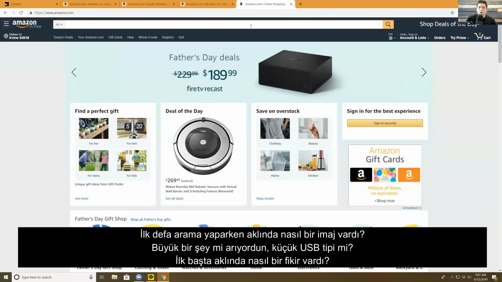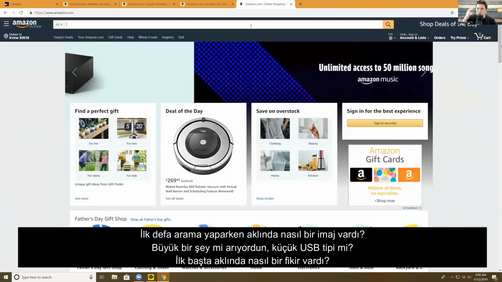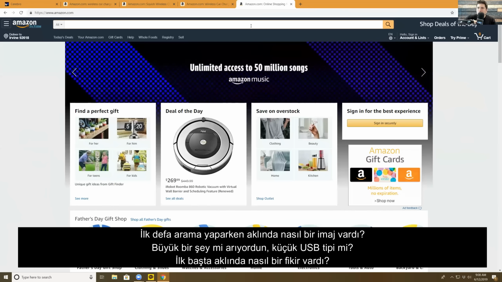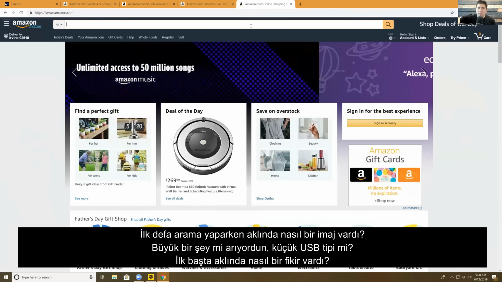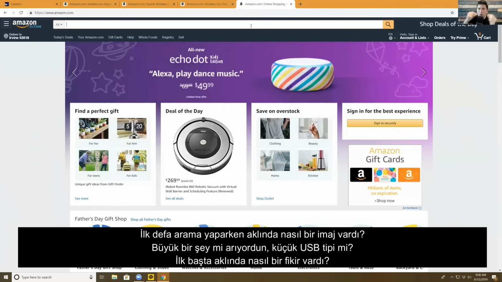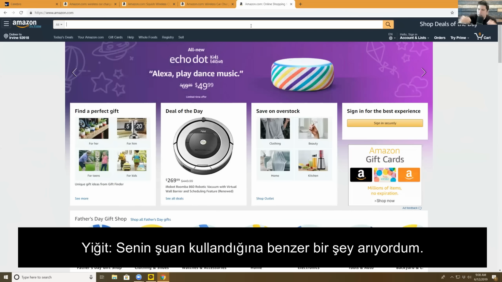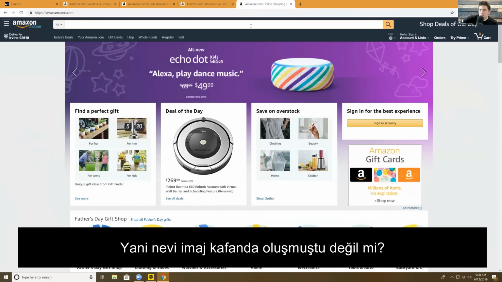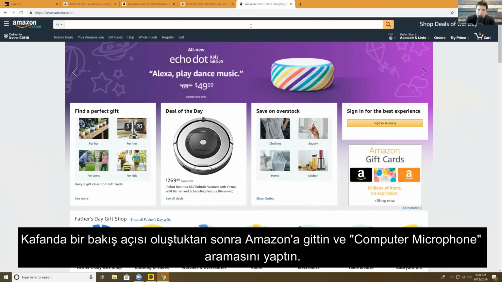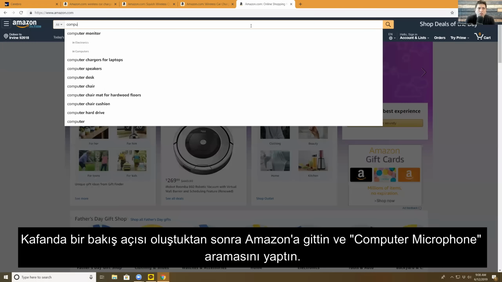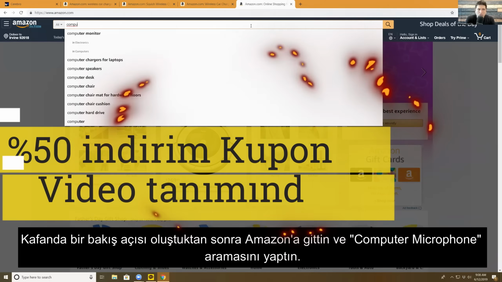Okay, so when you first thought that you needed a computer microphone, what image went into your head? Is it something really big and fancy like this, or was it a small USB, or something that attaches to your ear, or what went to your head when you first thought, hey, I need a computer microphone? I was looking for something similar to what you are using right now. Okay, so an image of it kind of went in your mind, right? Yeah. So then after that image is in your mind, you go to Amazon and you do a search here,